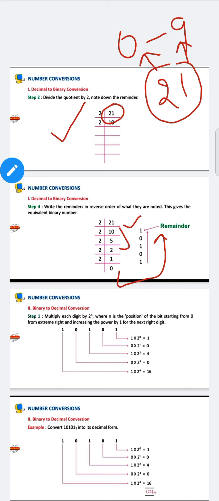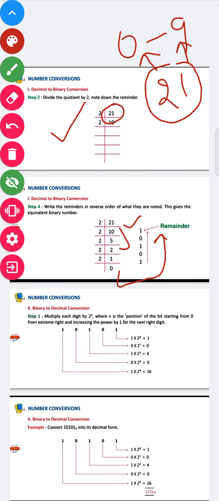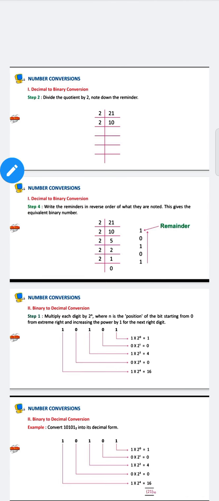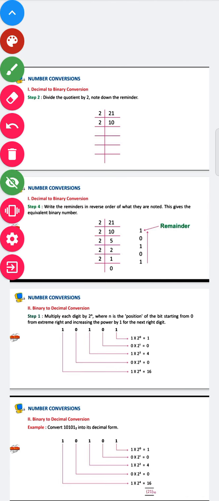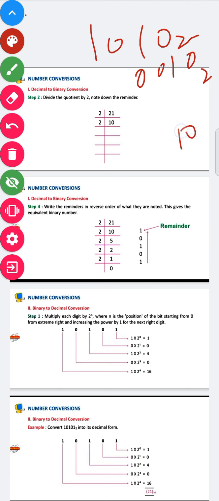Second, we have binary to decimal number system. Binary number systems are those based on machine numbers like 1001. Like 1001, 0010, they all will be binary numbers, and if the base of these numbers is 2, then that will be part of binary. And if we want to convert it into the decimal number system, we want to make the base of this number 10, right?